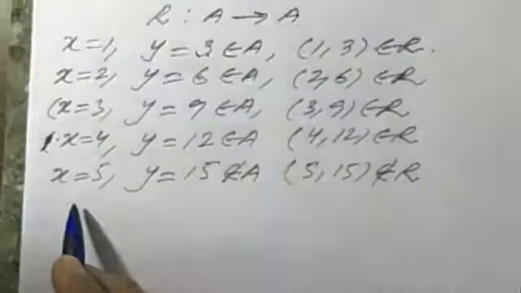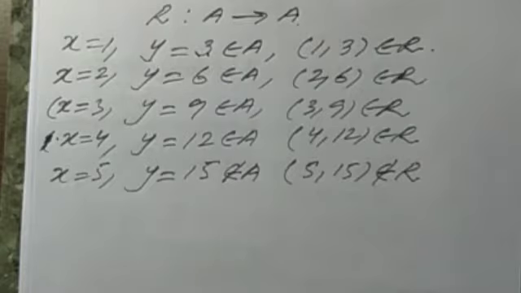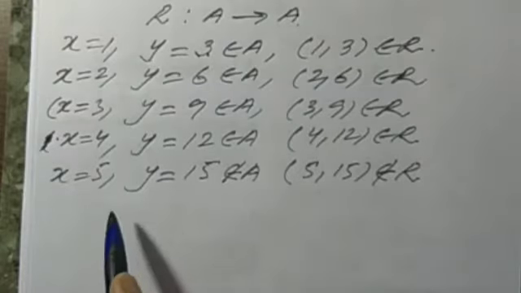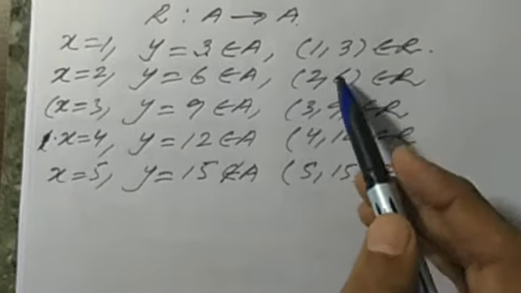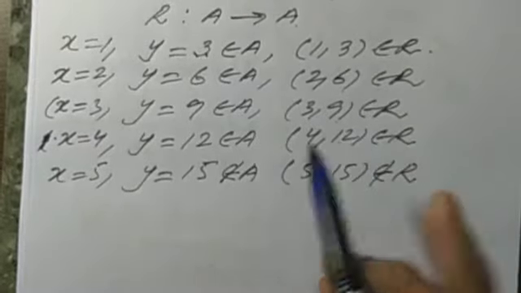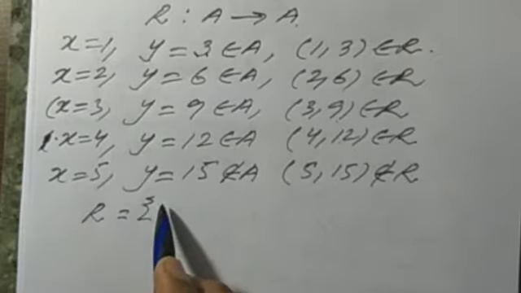Now if we take x equal to 6, 7, 8 and so on up to 14, the value of y will not be contained in A. So the possible ordered pairs of the relation are these four ordered pairs. If we write the relation in roster form, we write: